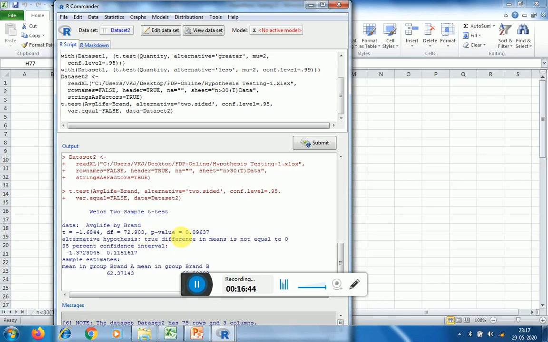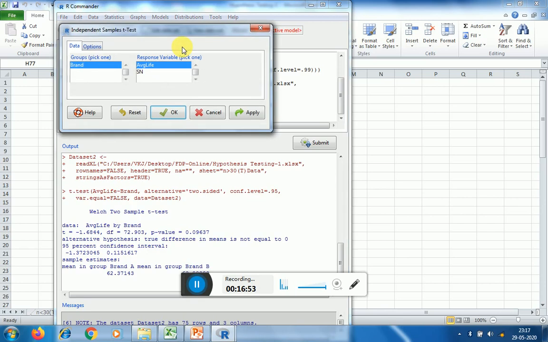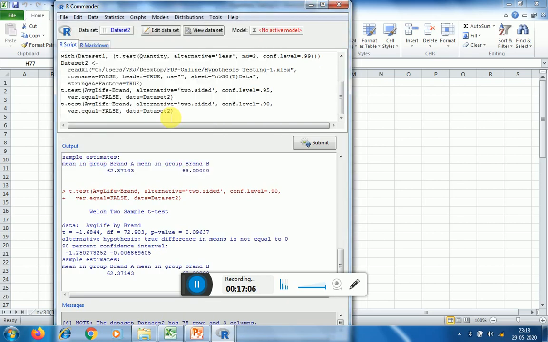So this is how we can make inferences on the basis of the available data. You can go with other options as well. Here you can change 95 to 90% and again click on OK. With the 90% confidence level, here the p value is 0.02.